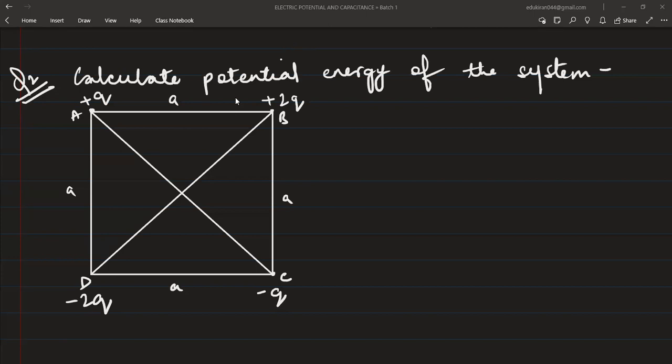Why? One is this. Second is this. Third is this. Fourth is this one. This is the fifth and this is the sixth. So these diagonals also you have to consider. These diagonals also you have to consider whenever you're talking about the potential energies. Why? We have studied,